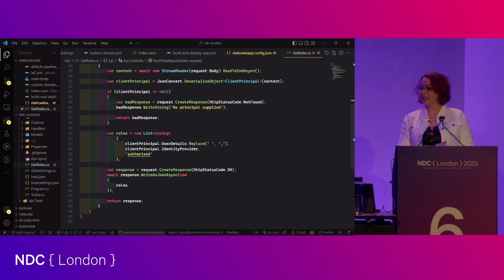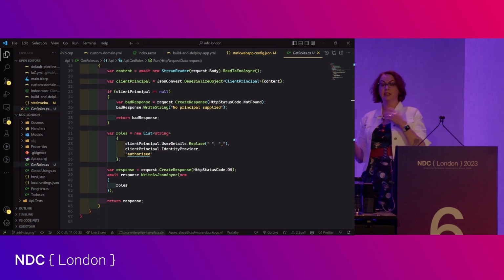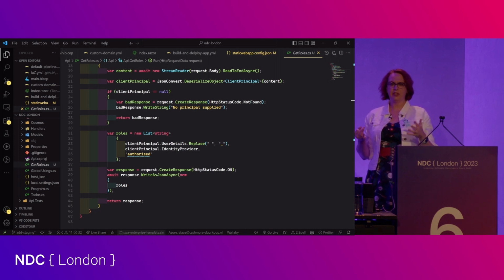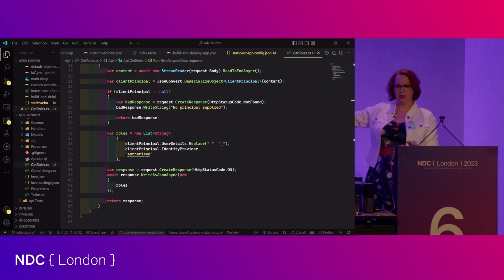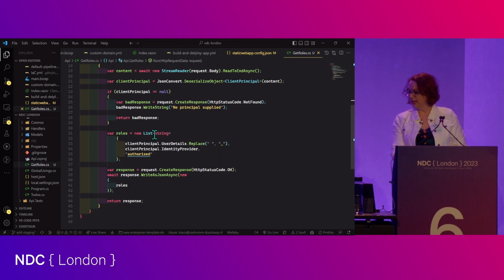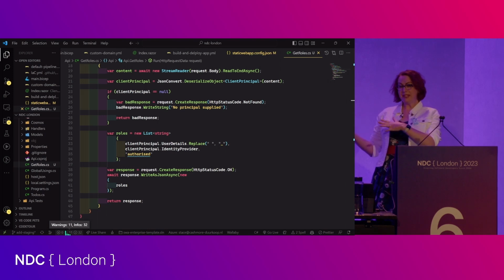We can then use whatever data we have inside of there. So here we have access to that user ID. You can put special information from your authentication provider with custom roles and things that you get on that side. You can read all of that in. You can use a database, whatever else, in order to get the roles that you want for your user. You add them just to a list of string, and you output them. It's a reasonably simple thing to do, and it is a pain in the neck to create because there is no way to test this,